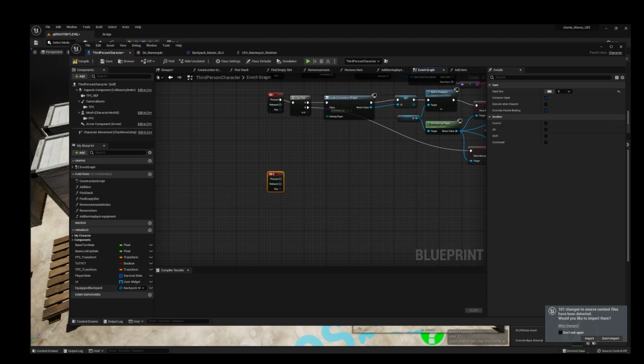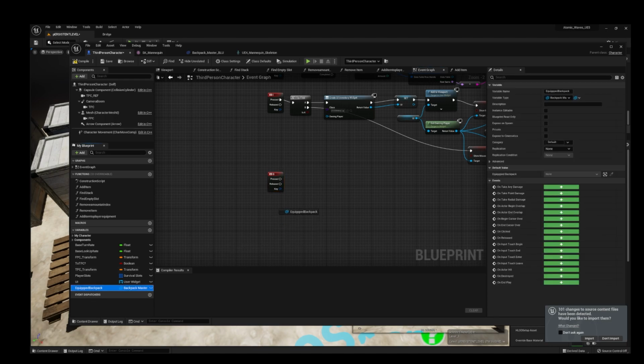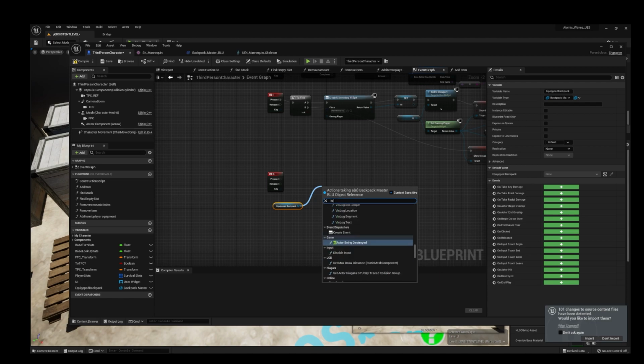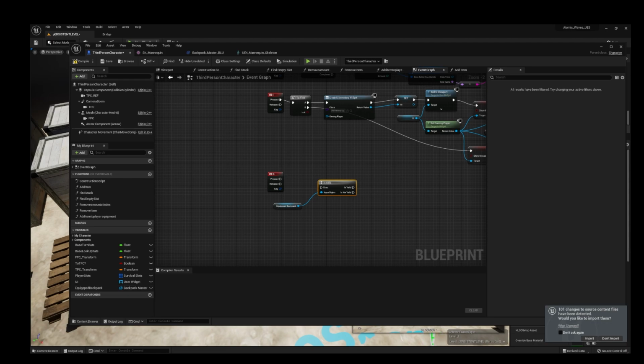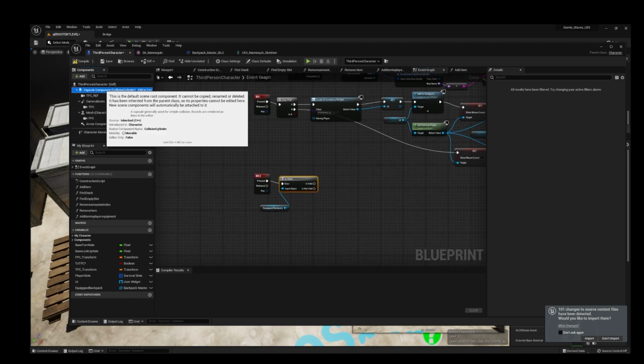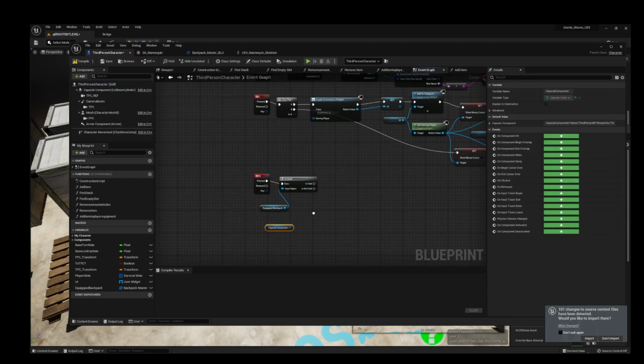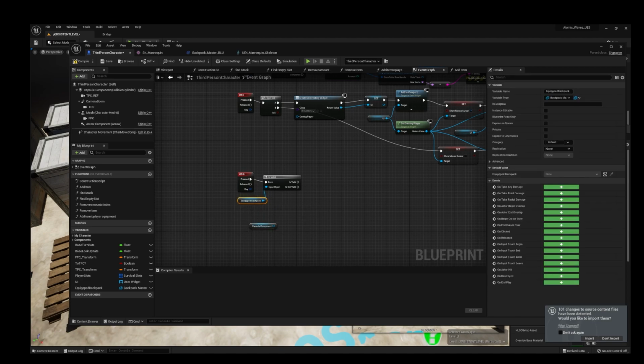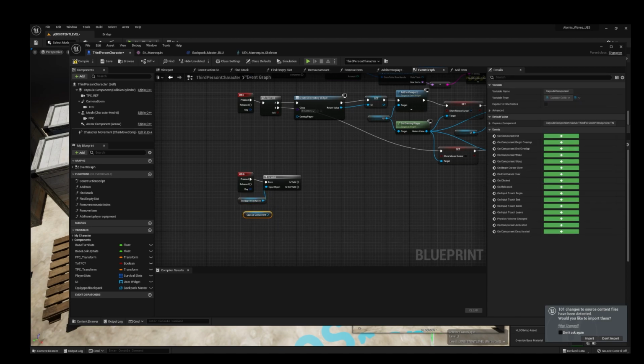So first, what we gotta check is if our equip backpack is valid. So let's get equip backpack from variables down below, and then type out is valid. Now we're going to drag pressed into the execute of is valid, and then we're going to get our capsule component because I want my backpack to spawn in front of me rather than behind me or in other places in the world.